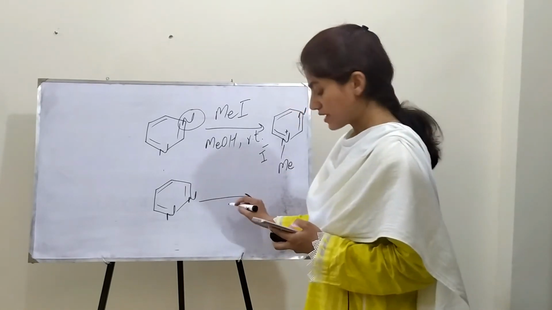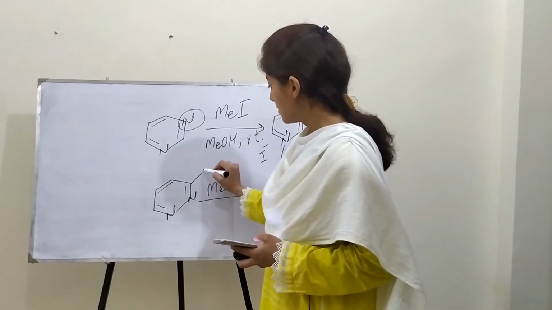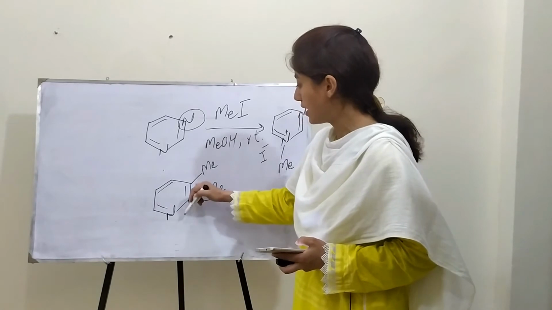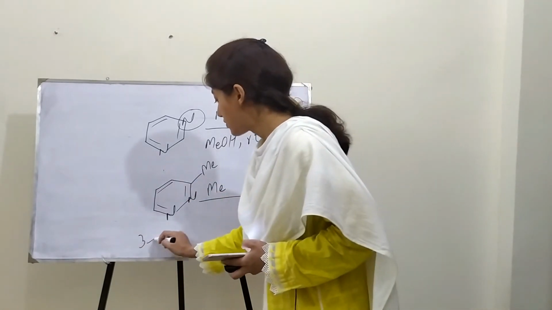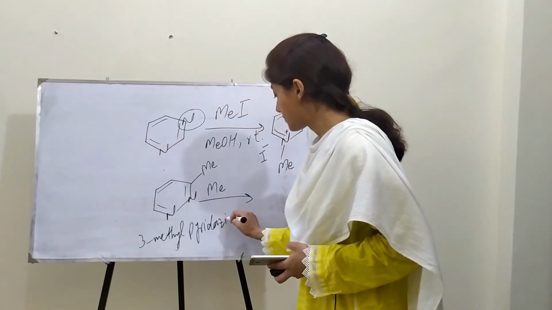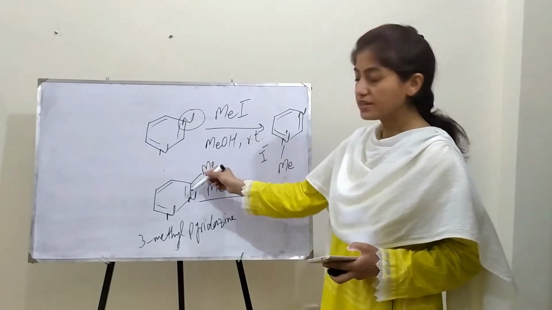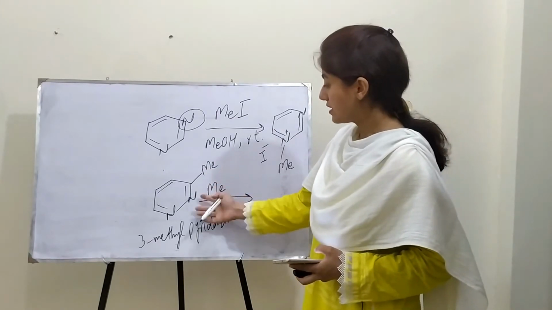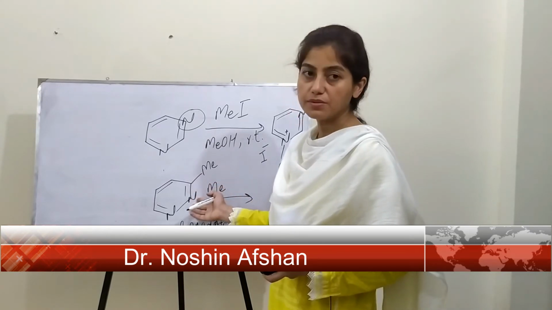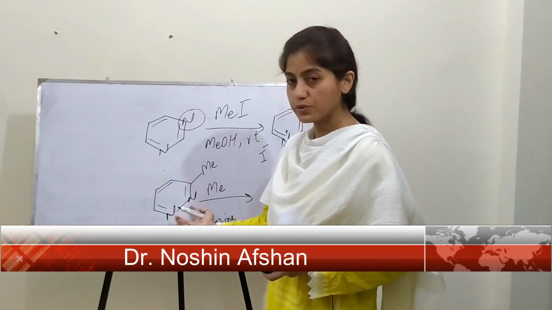And also in the case of diazines, it also reacts. For example, let's see that we have introduced the methyl group at its 3 position. This is 1, 2 and 3 position. So this is called 3-methylpyridazine. Because this methyl group would also donate electron density, we may say that in this case this methyl group is donating electron density, so is it possible for both of these nitrogens to get protonated?